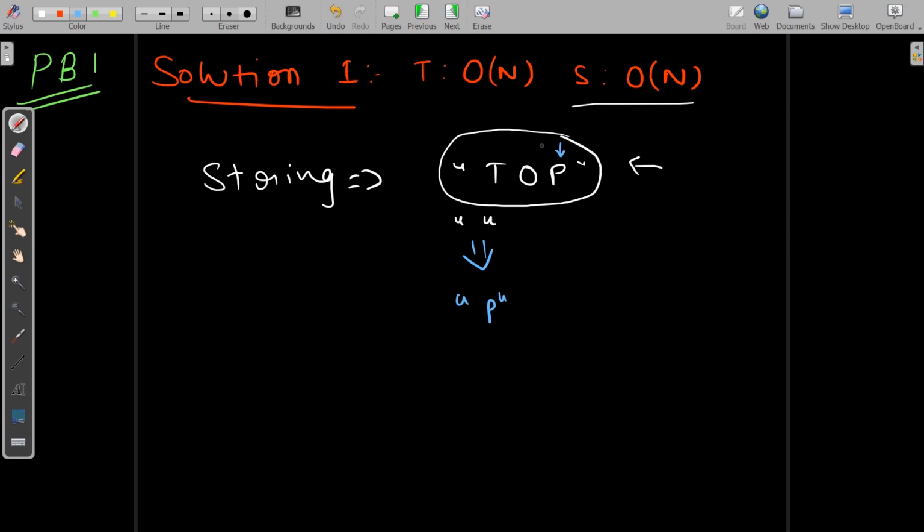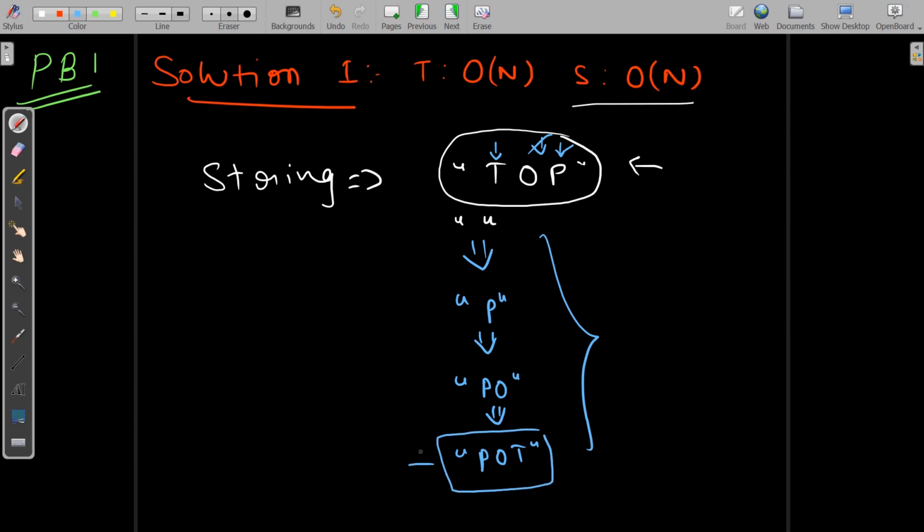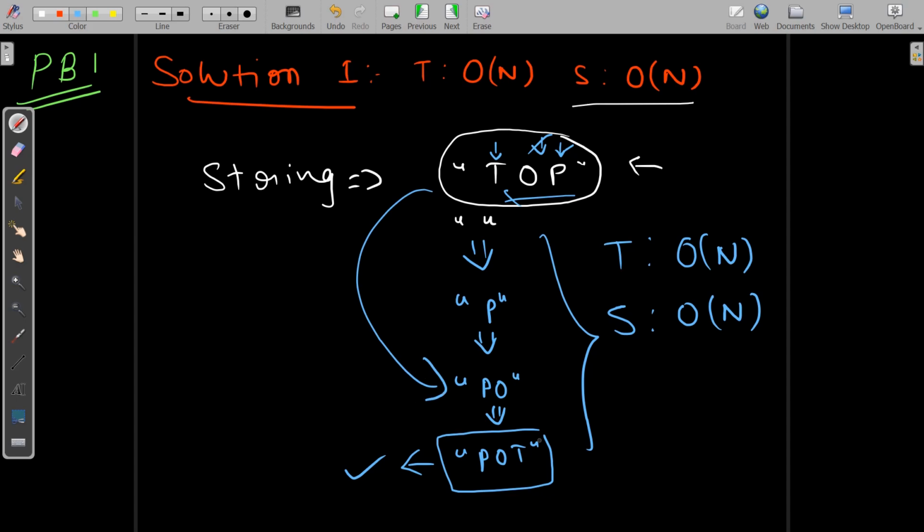After p we will move to o, and we will again push back or concatenate o at the end, so it will be po. After that we will move to t, and our string will be pot, and we are done. Our string is reversed. I mean, not the original, we actually took another string, and we will return this. This is done in big O of n time, because we are iterating over the original string just once, and space complexity is going to be big O of n, of course, because we are taking another string and returning that.